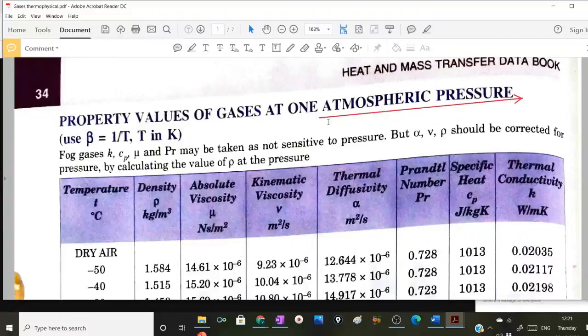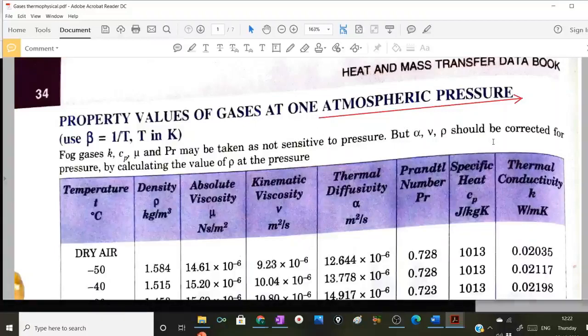Okay. So please remember all these properties are applicable at 1 atmospheric pressure only. The moment pressure gets changed, what can be the condition? See where these properties can be used. Let's say a fluid with velocity 3 meter per second is flowing over a plate at 1 atmospheric pressure, or any cylinder or any sphere. So under such conditions, I can apply these thermophysical properties.